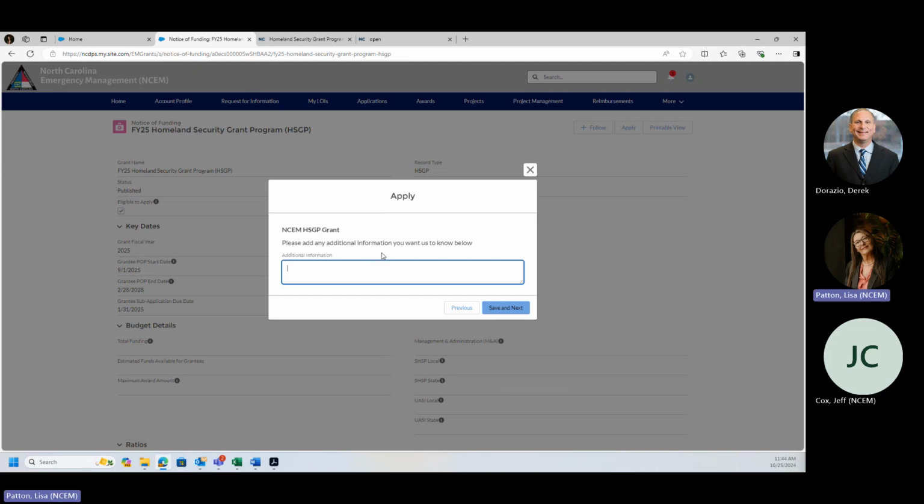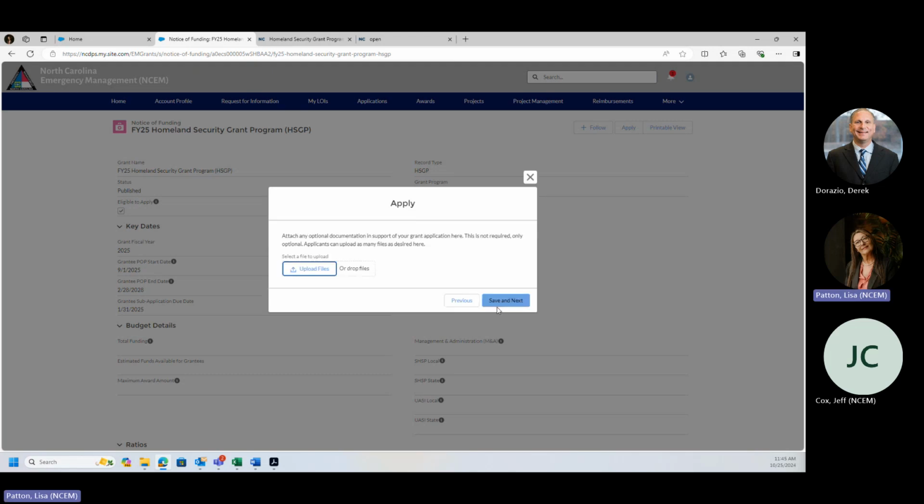Please add any additional information you want us to know. We always like to support our request, so we're just going to put in a really quick, we really need this prime mover. And you can be more descriptive in here about the current status of the prime mover you have now, or however you want to add whatever additional information you want to add to support your request. Save and next. This gives you an opportunity to upload files, and for purposes of a different